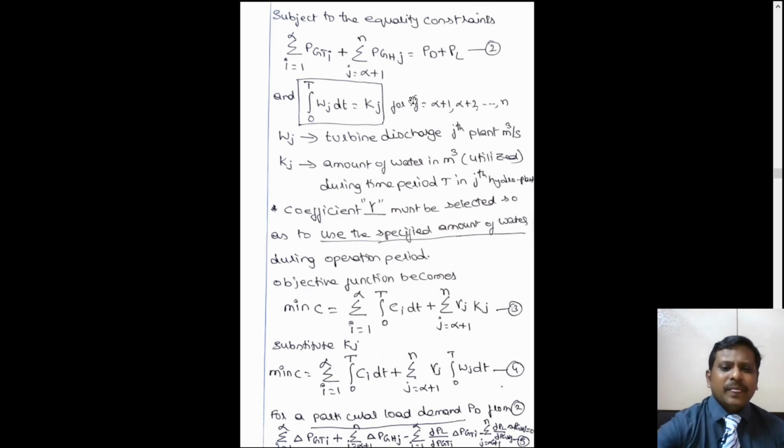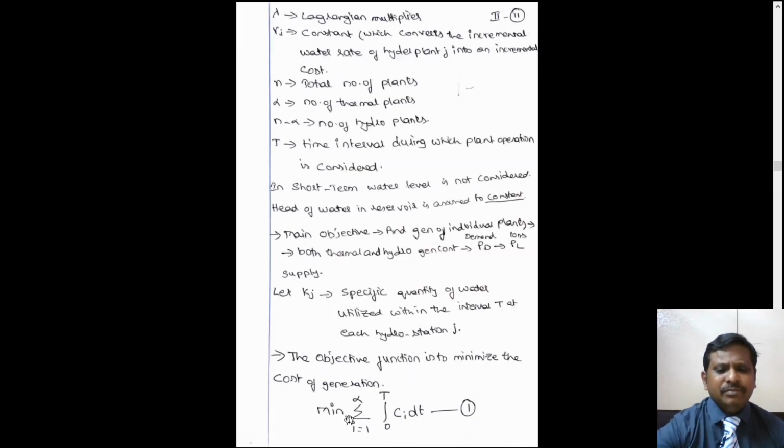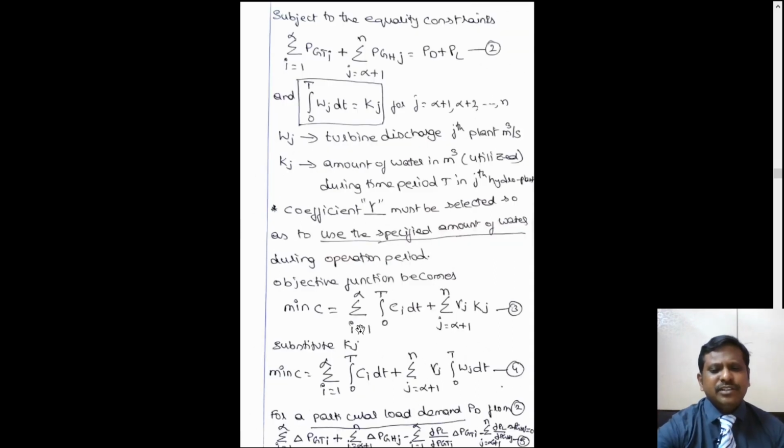So here the main objective function now becomes, in the earlier case, minimization of the sum from i equal to 1 to alpha of the integral from 0 to t of Ci(t). This was only for the thermal aspect, and now this equation changes with respect to the hydro. The main objective function here is the sum from i equal to 1 to alpha of the integral from 0 to t of Ci dt, plus the sum from j equal to alpha plus 1